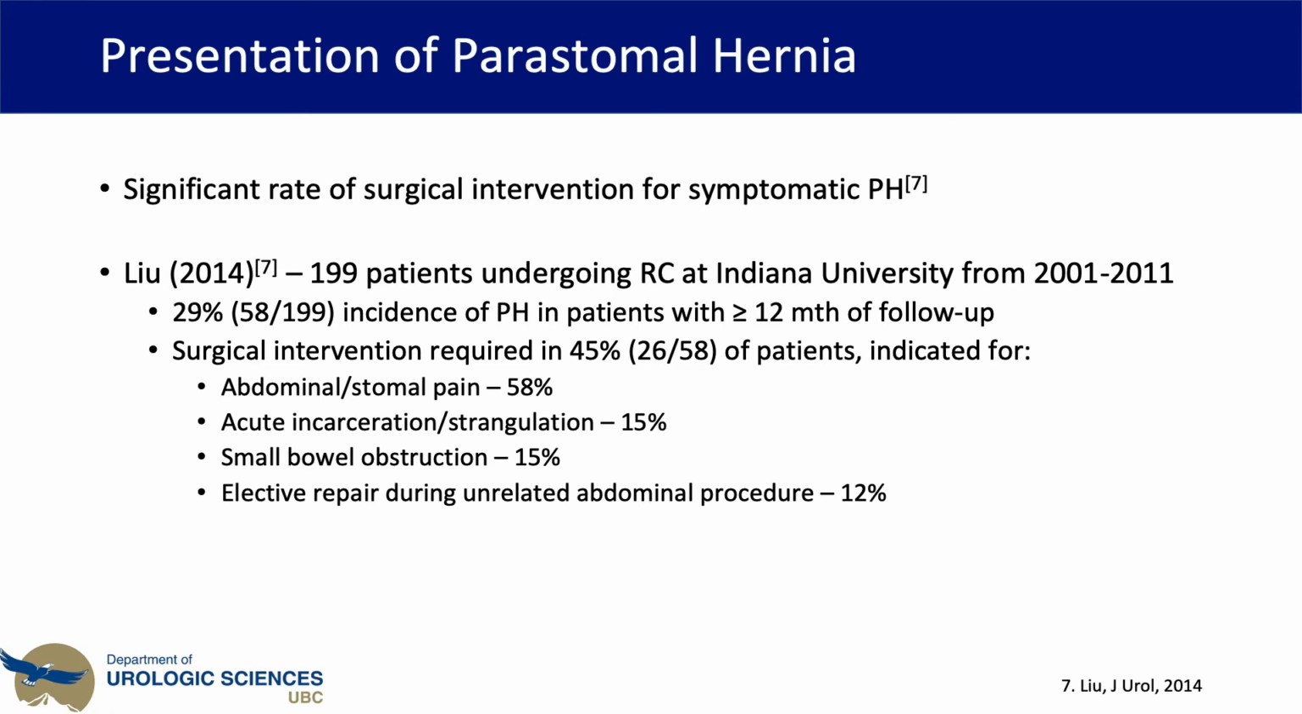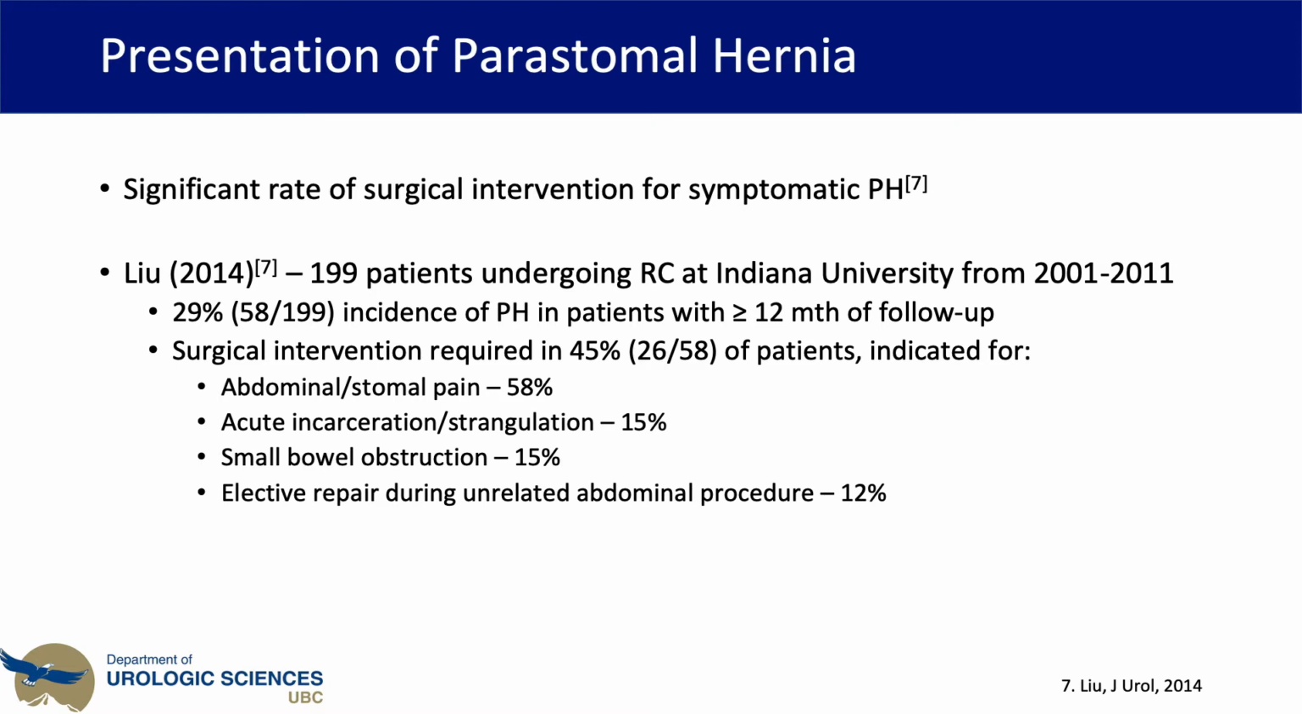Looking at the previous study out of Indiana University, looking at the rate of patients with a parastomal hernia who require surgical intervention, it is quite significant. In their cohort, 29% or 58% of their 200 patients required surgical intervention. Of these patients,